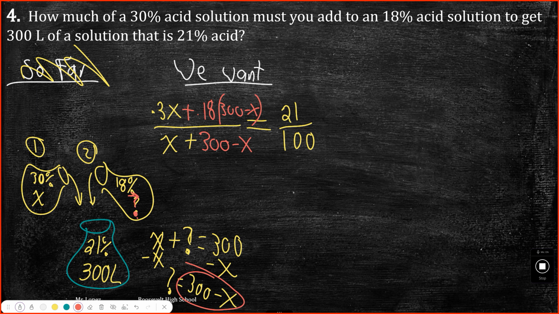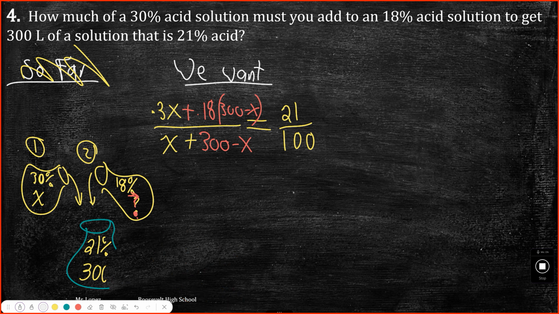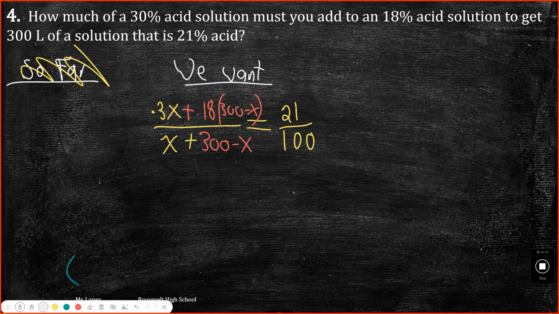So what are we gonna do? Okay, what can we do here? Okay, yes, we're gonna distribute. Can we cancel x minus x here? Let me erase this. So x minus x, they're the same. We're gonna cancel those out. Cancel this, cancel that. We're gonna distribute this. So this is gonna be 0.3x